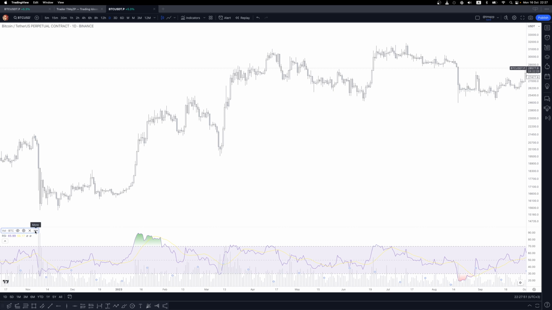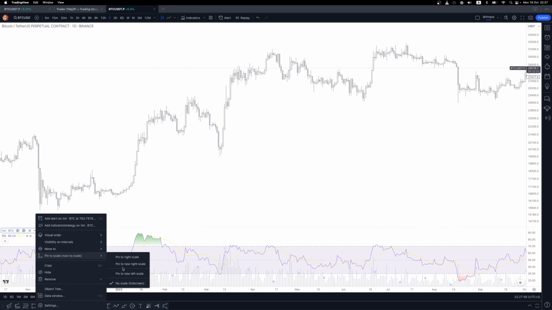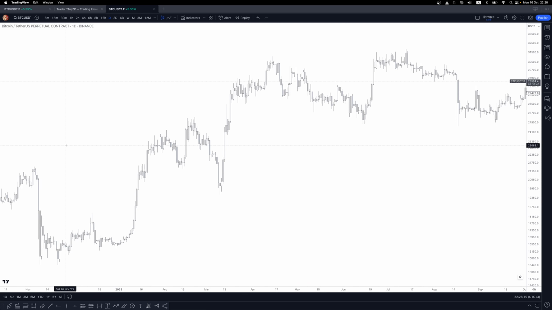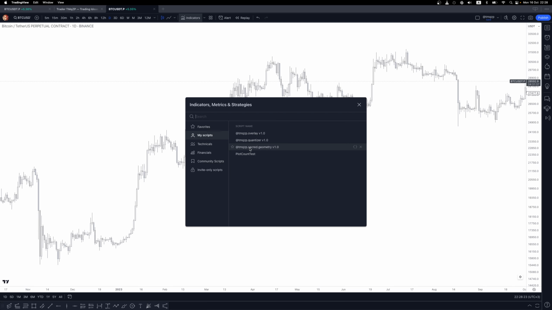But yeah, basically my indicator does the same thing in one, right? So if you were to use the same scale, what it does is it actually flattens the RSI, right? The RSI is now, because these numbers of volume are so high, and the RSI is only from a range from 0 to 100, then since these values are so extremely high, it just gets completely squashed. Right? So yeah, my indicator basically does kind of like the same thing in the sense that you can use,